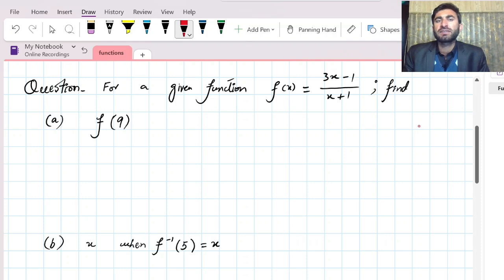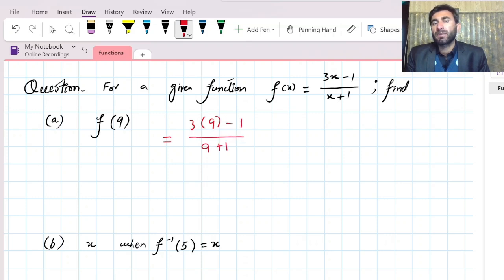Now I have taken a question where we will be able to revise all the concepts we recently studied. So for the function f of x defined as 3x minus 1 divided by x plus 1, we have to find f of 9 first. That is the most basic concept of functions, that we have to replace x with 9. 3 times 9 minus 1 divided by 9 plus 1, right? So 3 times 9, 27 minus 1 will be 26, and divided by 10. So the answer to f of 9 will be